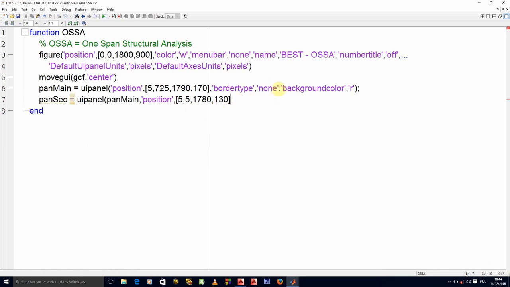Again, I would like the border type. We should have set it as default, but let me cater for the future. So the border type here again none, and the background color, let me say white. Let me use the very white background color.